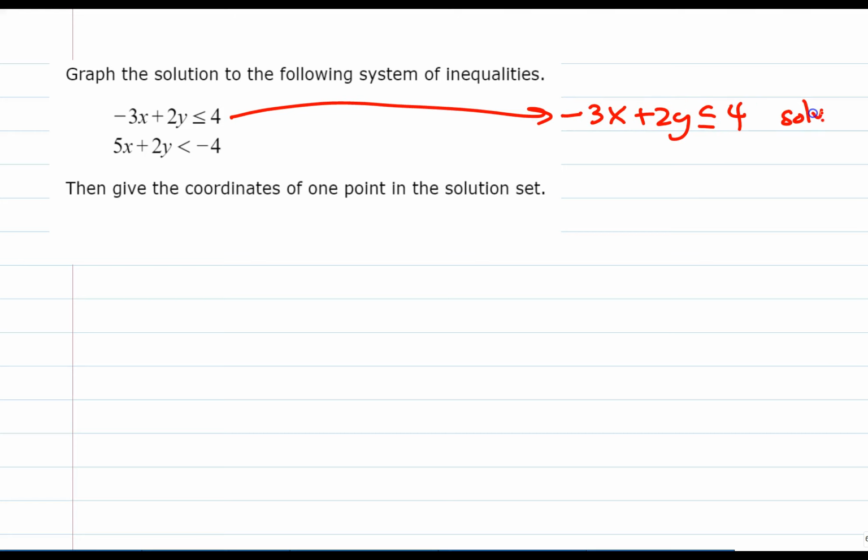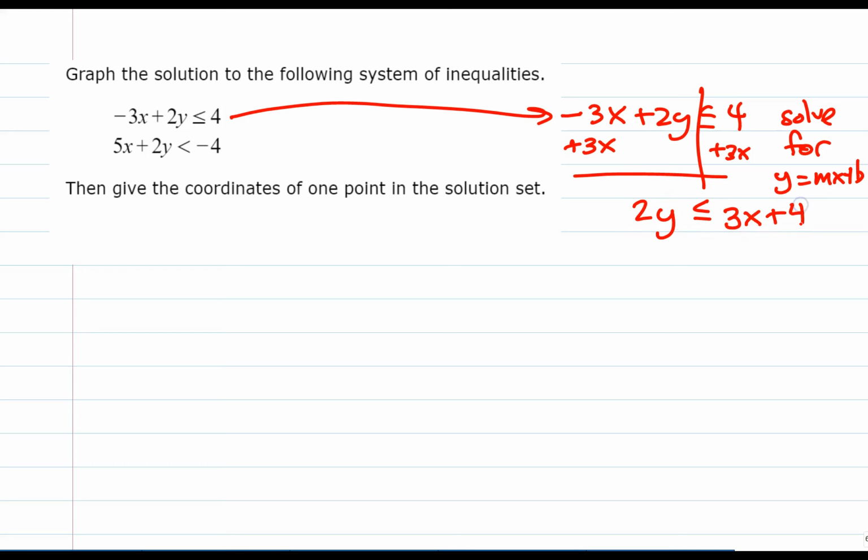I heard solve for y, getting y equals mx plus b. It's really an inequality, but we're getting it in slope-intercept form, right? So how would you get that y by itself? Make sure you add to deal with subtracting. What's left on the left side is less than or equal to. Okay? Do we have y by itself yet? So last step is dividing by 2. So that y is less than or equal to